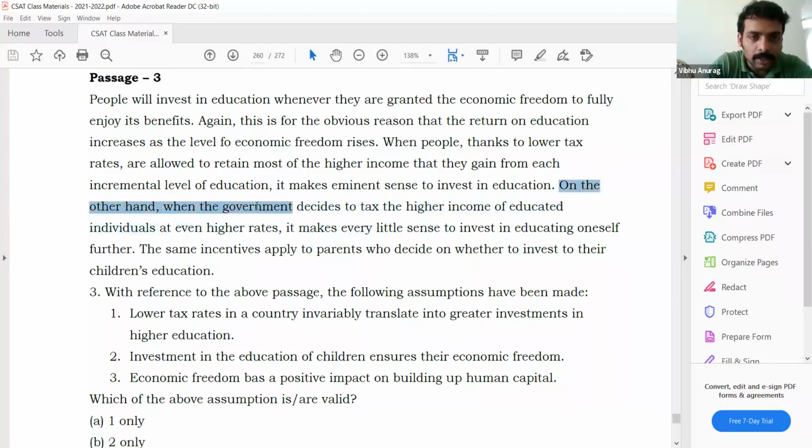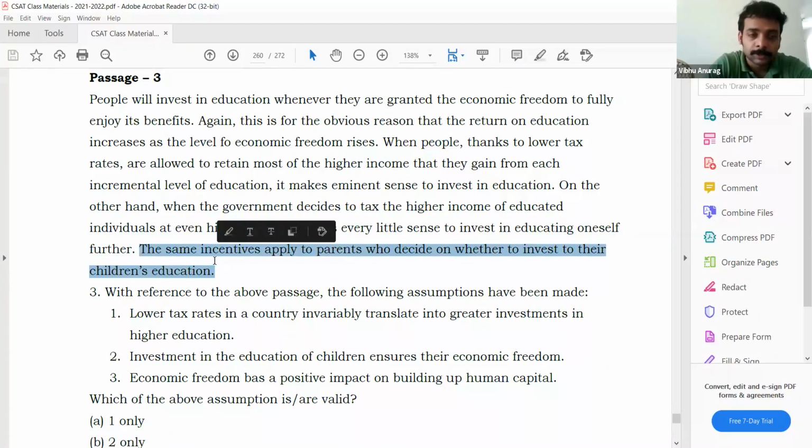On the other hand, when the government decides to tax the higher income of educated individuals at even higher rates, it makes very little sense to invest in educating oneself further. When taxes are higher, it doesn't make much sense because you can't retain the income. The same incentives apply to parents who decide whether to invest in their children's education. If the children can retain the benefits that they get from their education, then the parents will invest, otherwise